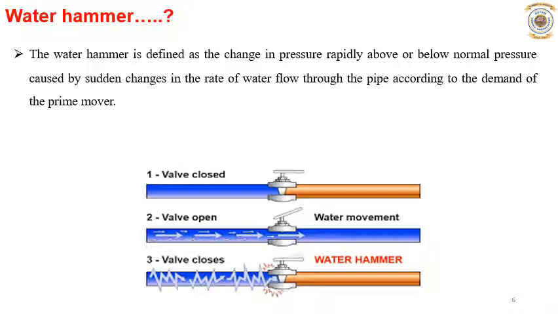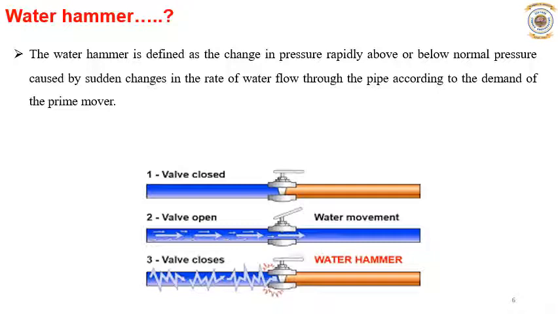Now you can see this picture. When the valve is closed, there is no flow of water, isn't it? This is the normal condition. When the valve gets opened, the water will flow from the head race to the turbine. So you can see in the second pipe, you can see the flow of water. And now the turbine or prime mover needs some water in order to produce mechanical power or electrical power for